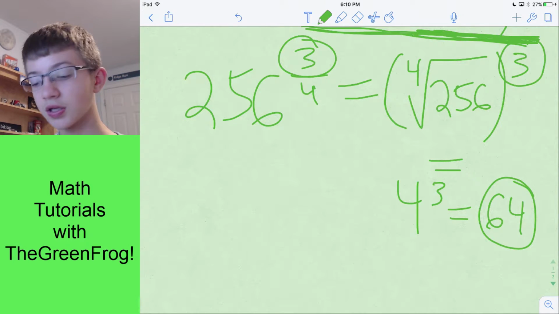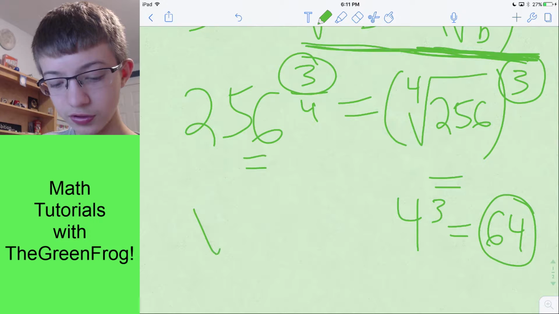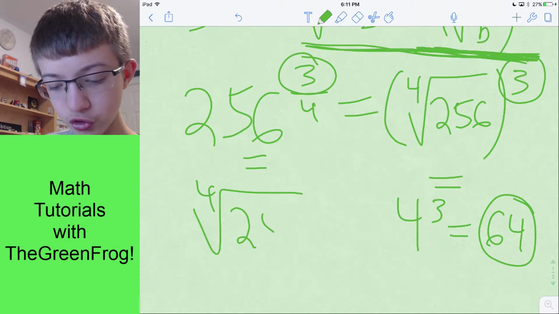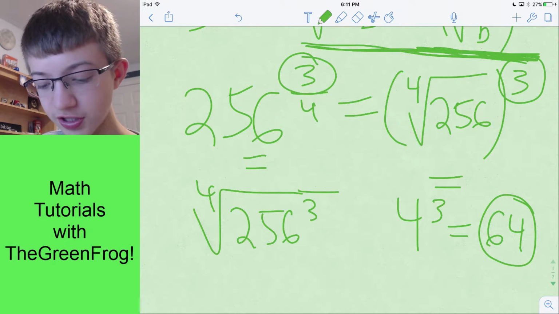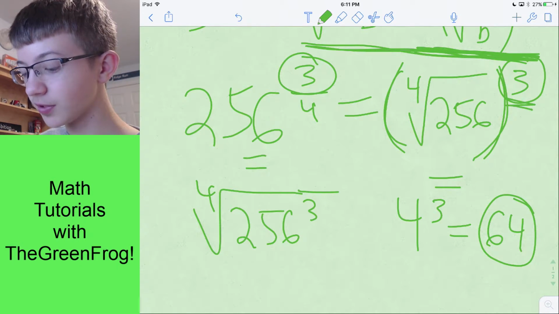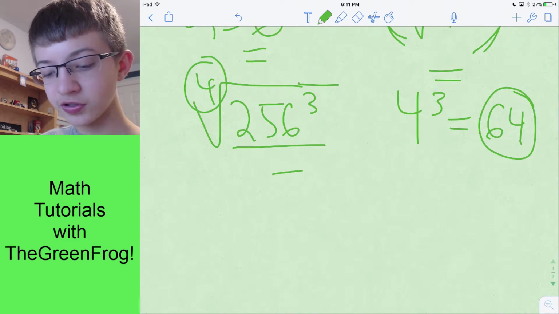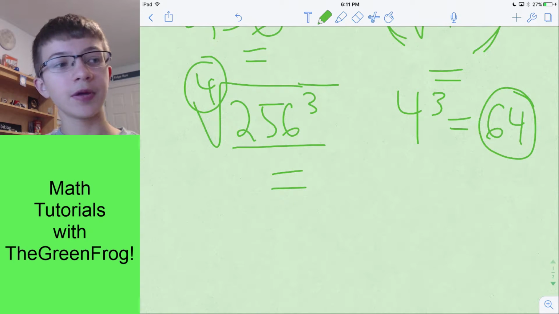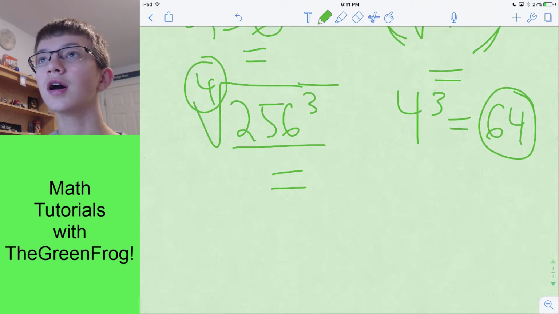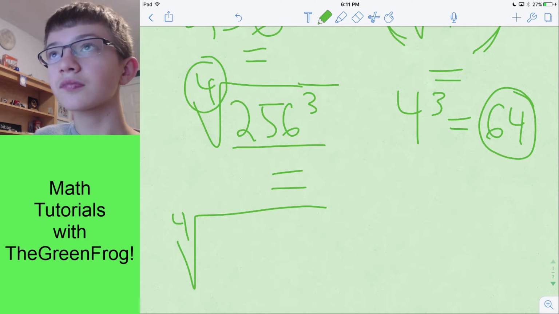But if we were to go the other way, which is valid, we can say this is equal to the 4th root of 256 to the 3rd. The difference here is that instead of taking the 4th root of 256 and then cubing it, we're going to cube 256 first and then take the 4th root. You can see why this is not the best option, but I'll go with it anyway. So if I use my calculator to figure out what 256 to the 3rd is, that ends up being